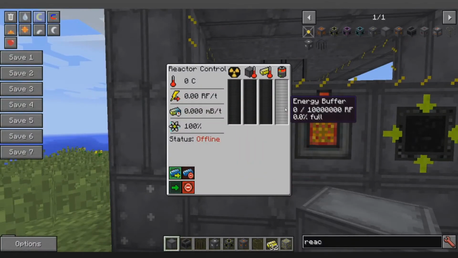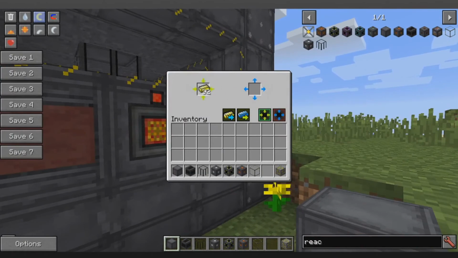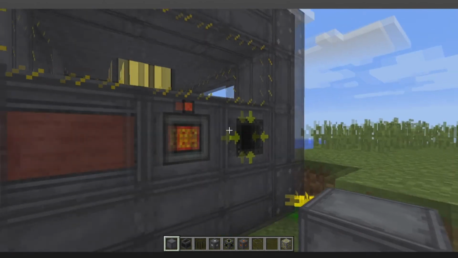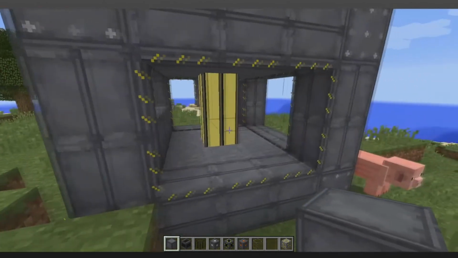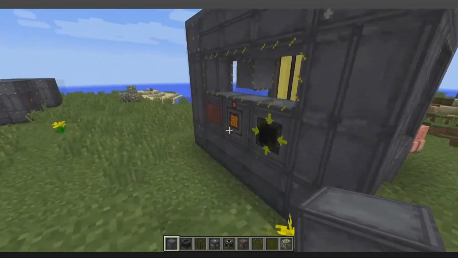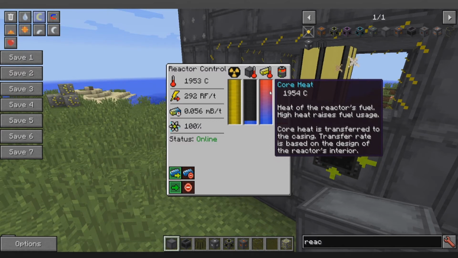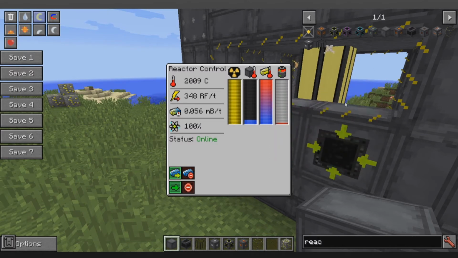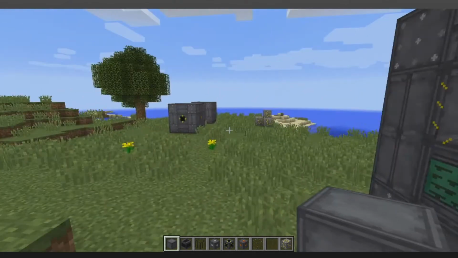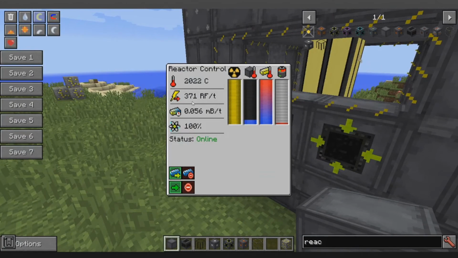Come over here. Same energy buffer. Let's put 32 in, and you can see that 8 got eaten up. And now you can actually see this is what the inside of that little one looks like. It fills up with the yellorium. Let's turn it on. Starts to spin up. The core heat is a lot more now because there's air in there, which makes it heat up. But you can see this one is only slightly bigger than the smallest one, but it's going to generate more